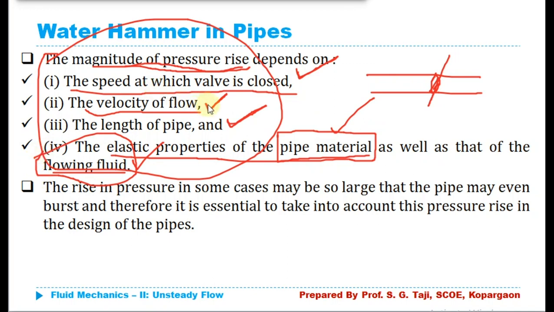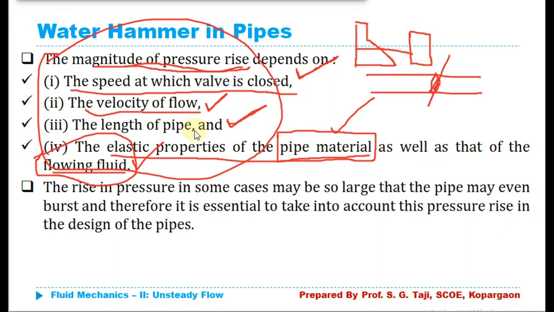Most importantly, velocity. If we consider an example of the water hammer effect, this kind of phenomenon generally takes place at a hydropower generation plant, where water is coming from the dam with a huge amount of kinetic energy, and that kinetic energy gets converted into pressure energy. At the top of the dam there will be a hydropower station, and we are taking that water with a higher amount of kinetic energy. The more the kinetic energy, the more the mechanical energy produced by the turbine, and the more the energy supplied to the generator, and the more the output power of electricity.